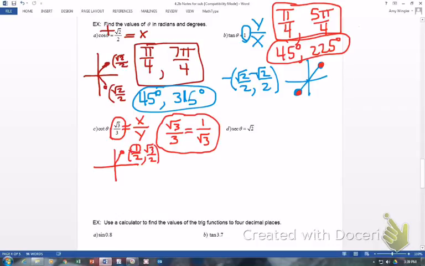So if I take the x value over the y value, remember ignore denominators when you're dealing with cotangent or tangent, you get 1 over radical 3, which would rationalize to radical 3 over 3. So one of our answers is pi over 3. The other answer is going to be in quadrant 3, because in quadrant 3, your x value and your y values are negative, so the two negatives would reduce to make